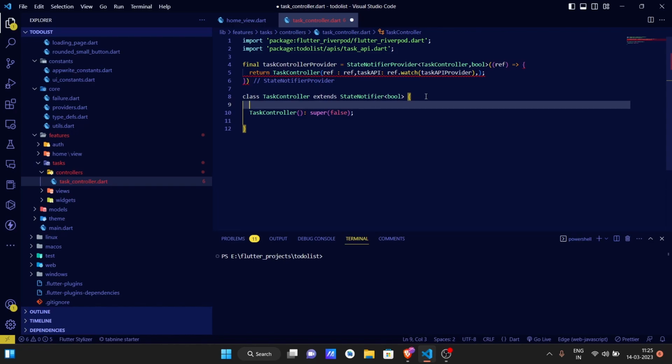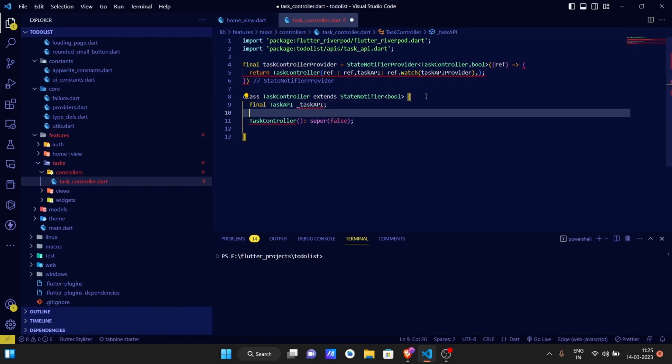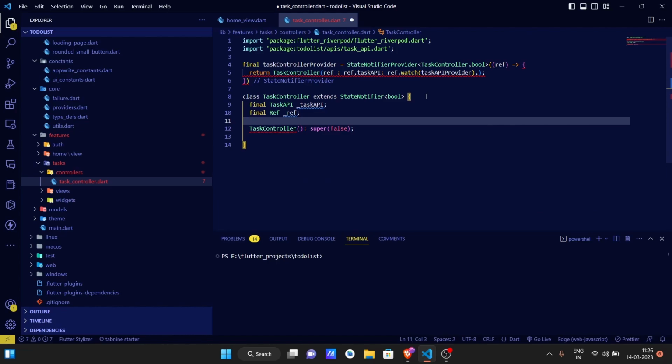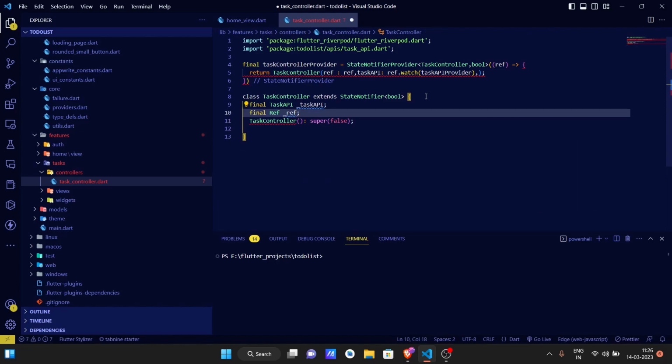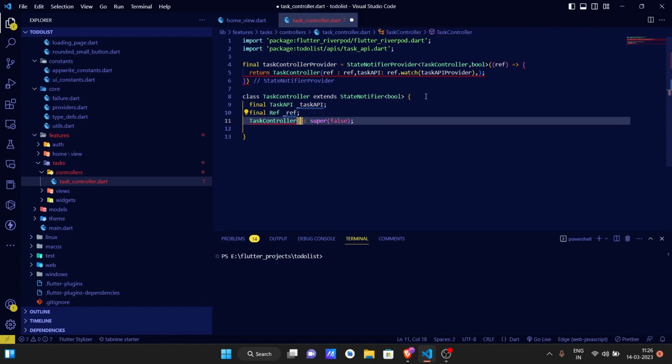Also implement final TaskAPI _taskAPI, final Ref _ref. Yep, and now we are going to provide